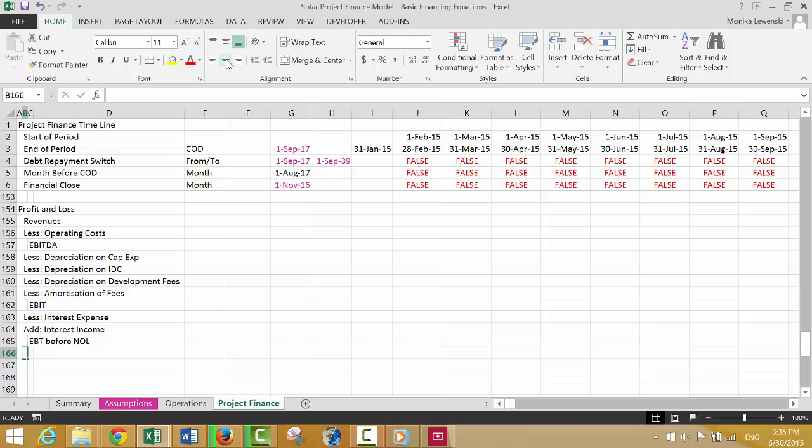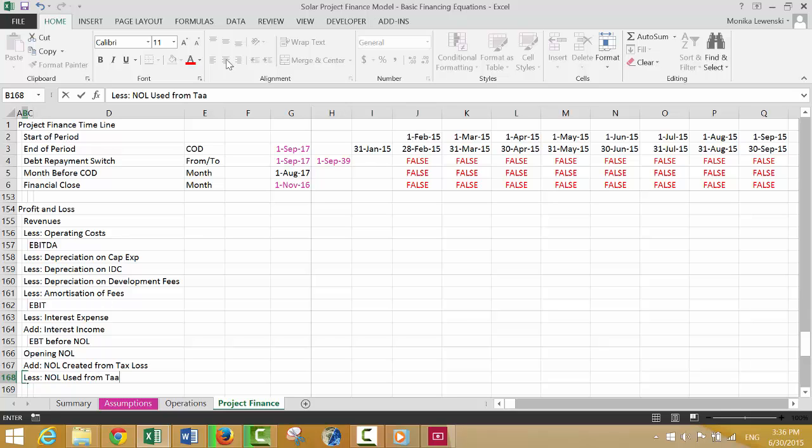You can kind of transfer your tax benefits outside of the entity, the special purpose vehicle. But let's put a standard one. So we'll put opening NOL. We'll add to that the NOL created from the tax loss, and subtract the NOL used